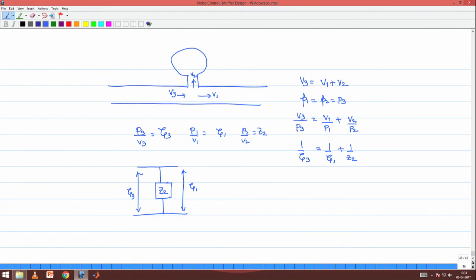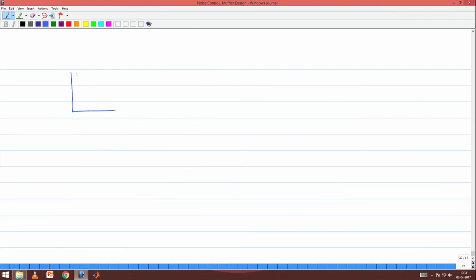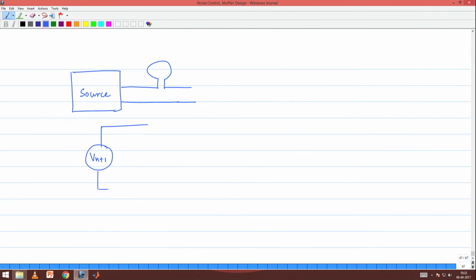Now, if I add a source, so in the next picture I will add a source and I will add a Helmholtz resonator and a tailpipe which opens into the open atmosphere, right. So, this is the source and this is the Helmholtz resonator. So, what will happen here? The equivalent electrical circuit will read in the following fashion. You have a Vn plus 1 associated with the source, you have a Zn plus 1 associated with the source